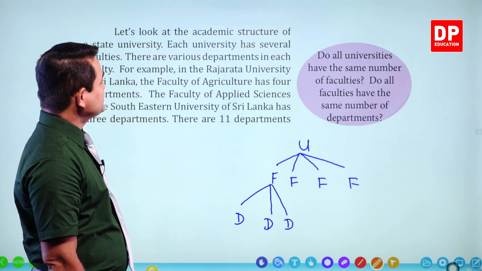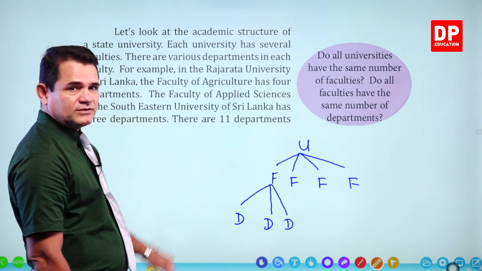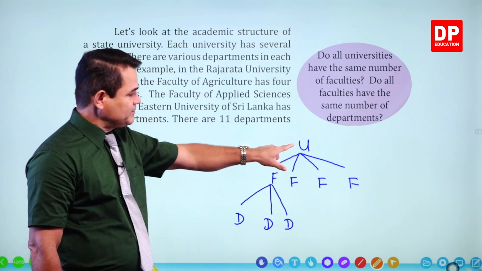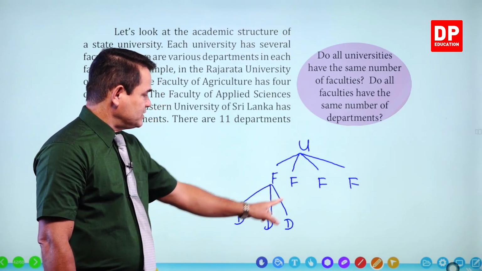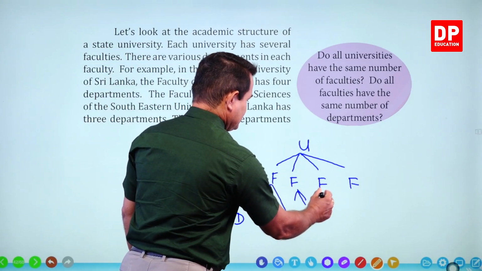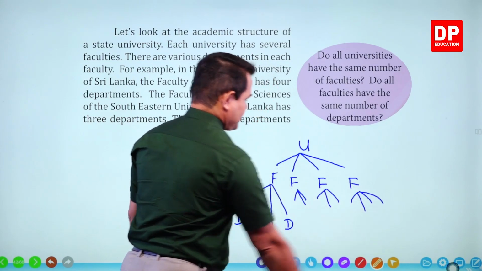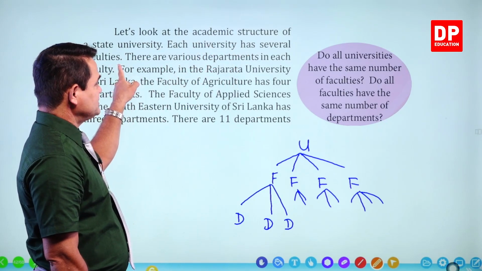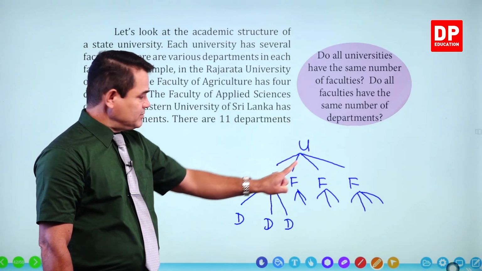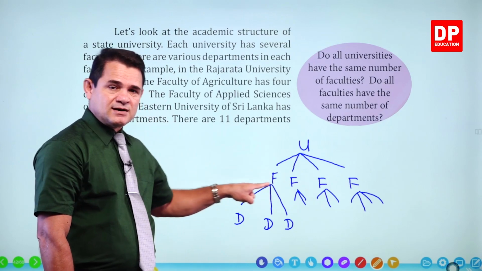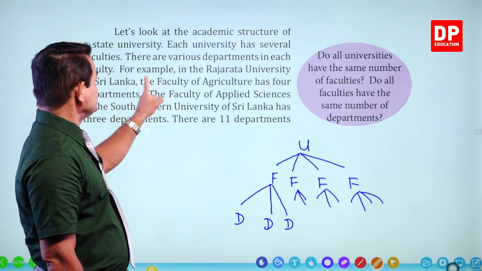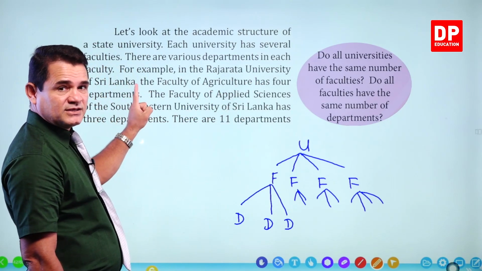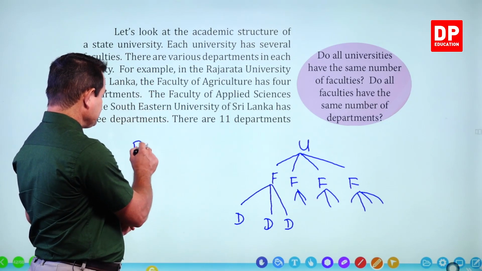Let's look at the academic structure of a state university. We looked at it now. State university එකේ තියෙන academic structure එක අපි දැන් කියවුවා කලින්. මෙන්න මේකනේ. University, faculties and department. Right? Here also there can be departments. Each university has several faculties. Each university, හැම university එකෙම several faculties ගණනාවක් තියෙනවා. Several faculties. For example, in the Rajarata University of Sri Lanka,